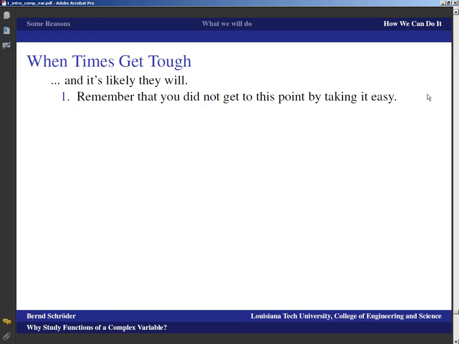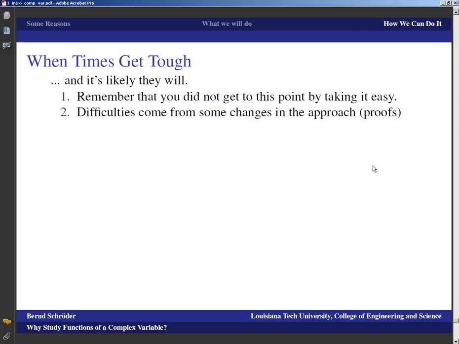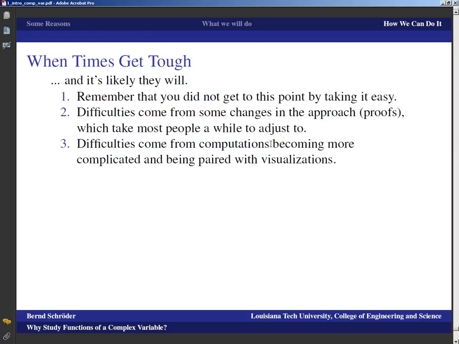So you ought to be able to make it through somehow, and the difficulties that you may have come from some changes in the approach, such as proofs, and that, like I said, is something that takes most people some time to adjust to, and other difficulties may come from the fact that computations are becoming more complicated